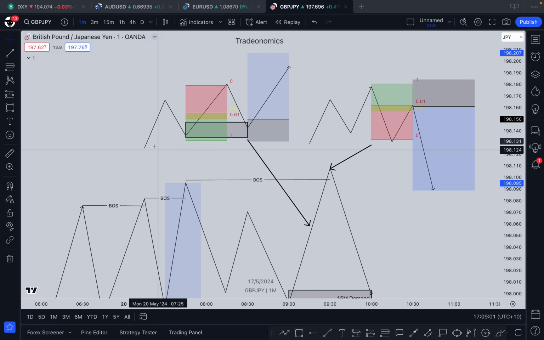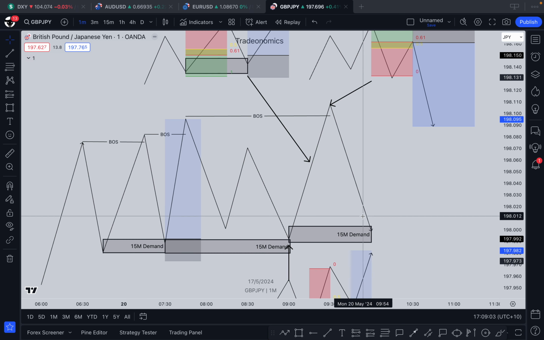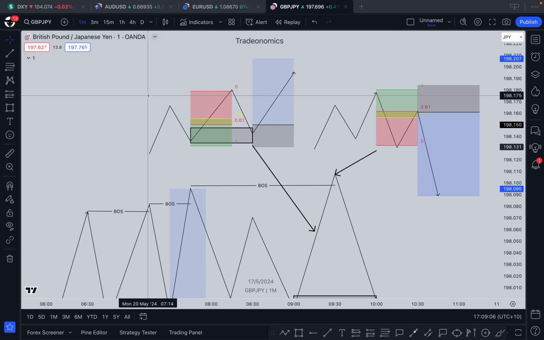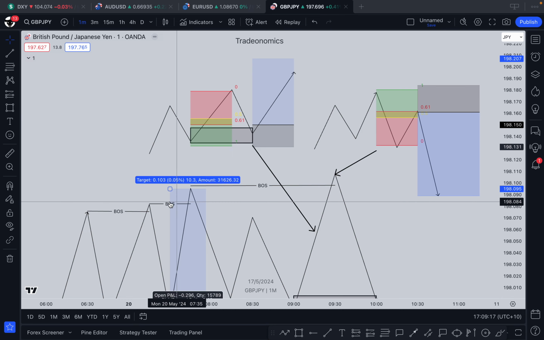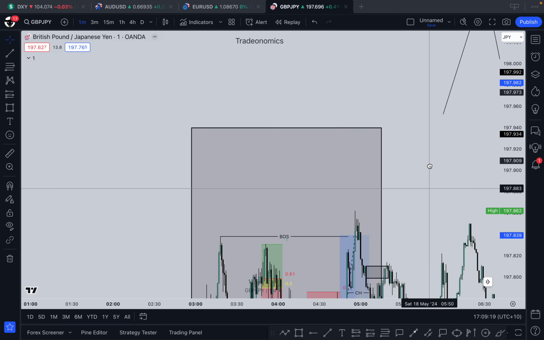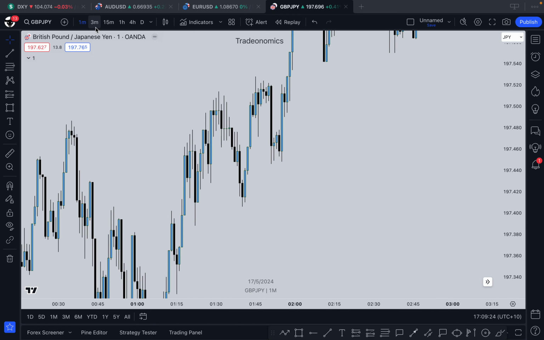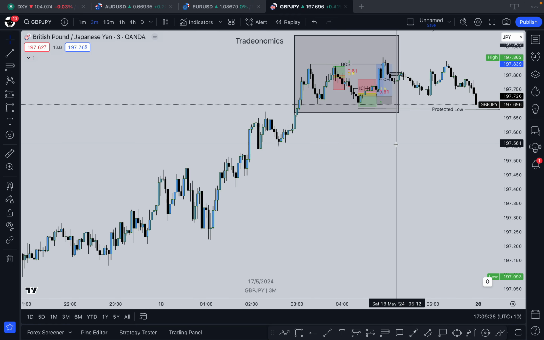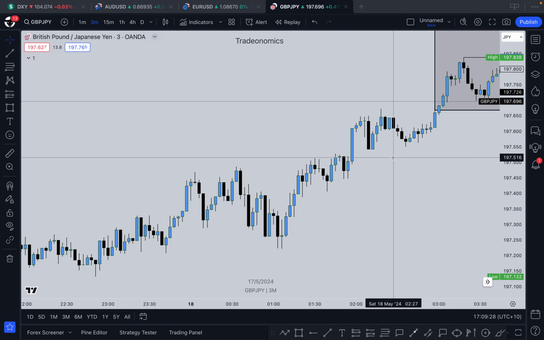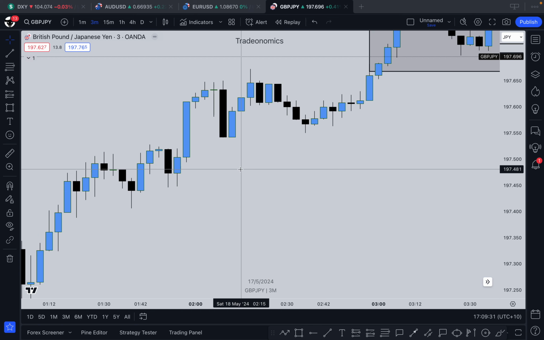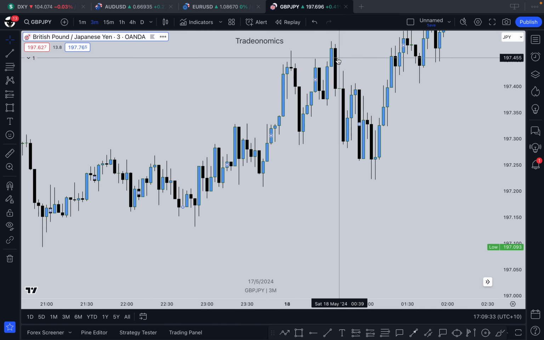So scale down on this 15-minute time frame to the 3 minute, preferably, as 1 minute's a little bit harder to read. So scale down into the 3 minute, draw your fib or this 3 minute demand, either one. Just see how price reacts. So if we find a good example, this is the 1 minute. So let's go something like this, right? It's a pretty shit ass example.